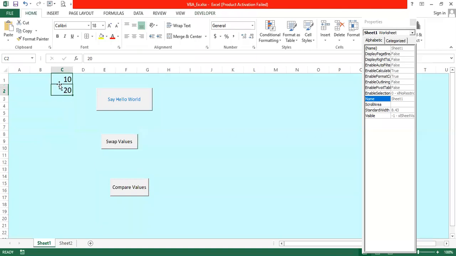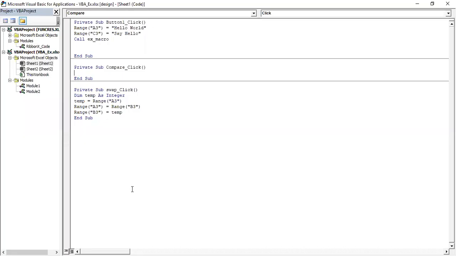C1 and C2 we have 10 and 20 here. So we will compare these two values with an if condition, which is greater, which is smaller. This will display whichever is the greater value. So we want to give that on click of compare, C1 and C2.